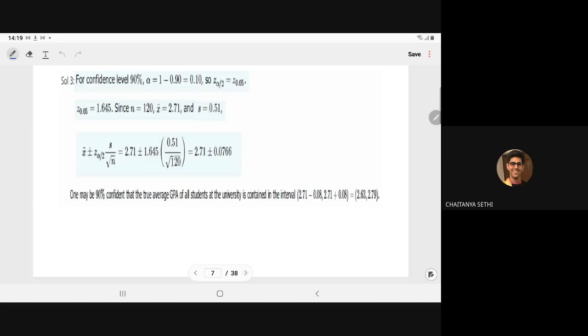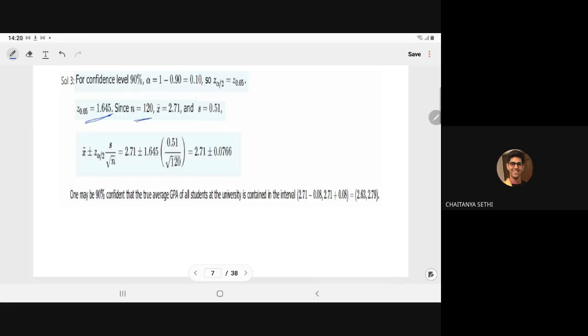So it is more or less the same type of question. For the confidence level 90%, alpha is equal to 1 minus 0.90, so it will be 0.10. So alpha by 2 will become 0.05, and we have to find z of 0.05. It is a very standard value, 1.645. During the teaching of the normal distribution, I gave you this value; through interpolation we can determine it. So z of 0.05 is equal to 1.645,